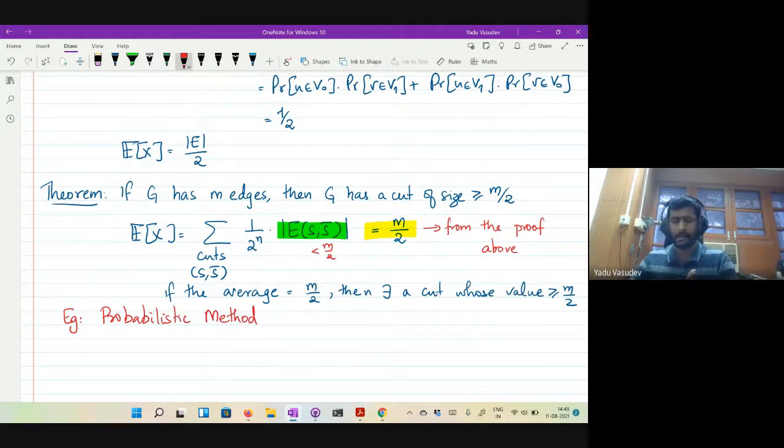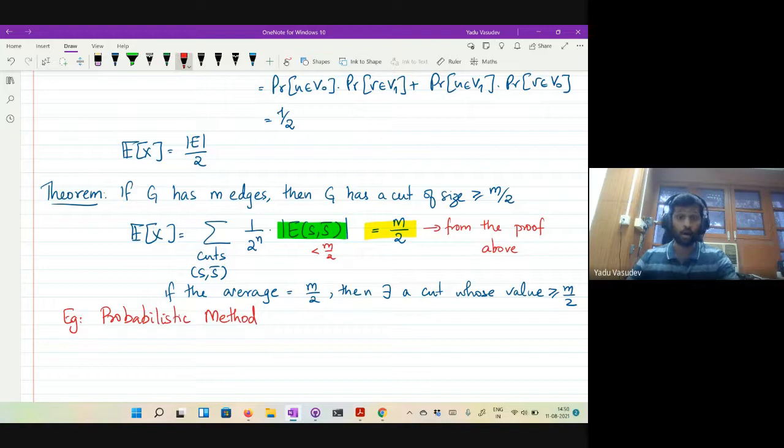This is a very powerful technique. The probabilistic method is extremely powerful. There are many different ways in which it can be applied, and they can give you very highly non-trivial results. Just that there is one small catch to this, which is that you don't actually know how to get the cut. All you know is that every graph must have a cut of size at least m over 2. Your randomized algorithm tells you that if you do this random selection, then in expectation you will get a cut of size m over 2.